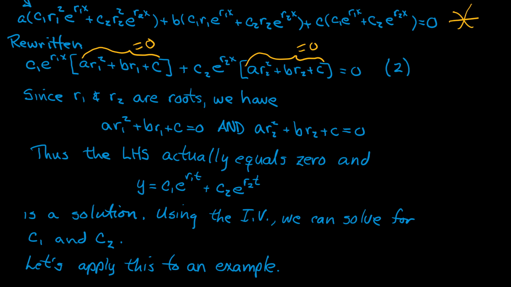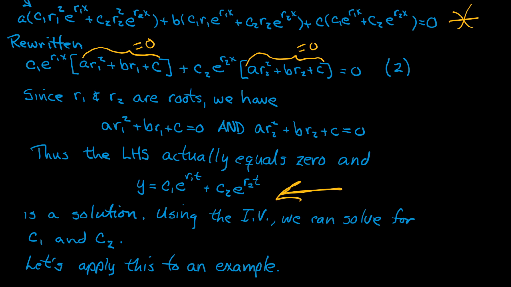So what we have is something or other times 0 plus something or other times 0. Well, 0 plus 0 is 0, and sure enough, it works. The left-hand side of this actually does wind up equaling 0,